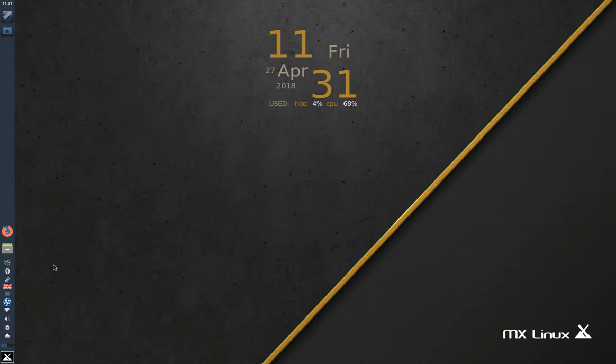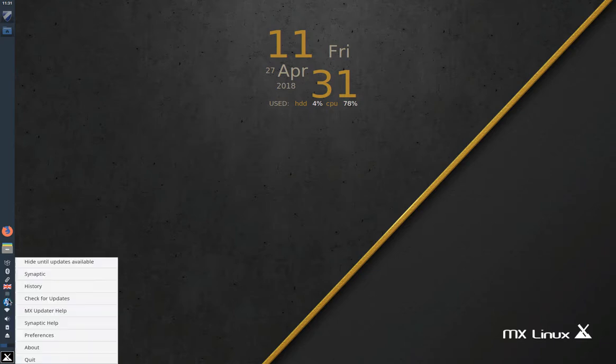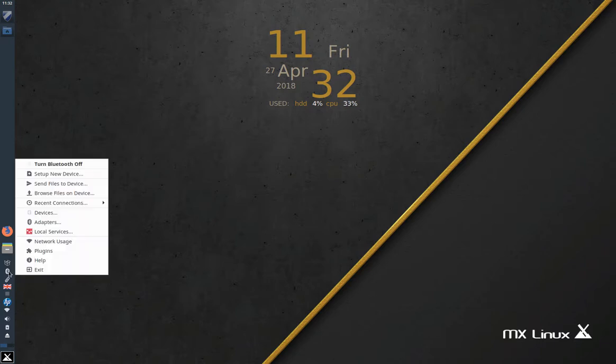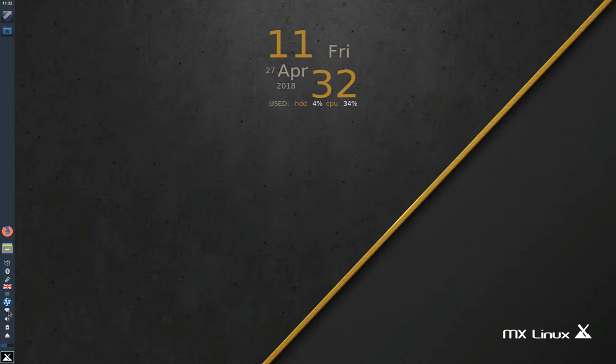Now I've got mine set to automatically download the updates in the background. Here is your Bluetooth, and check for updates, which was this one. This is your Bluetooth here. If you have a Bluetooth device you want to pair up, this would be my Wi-Fi connection. This would be my